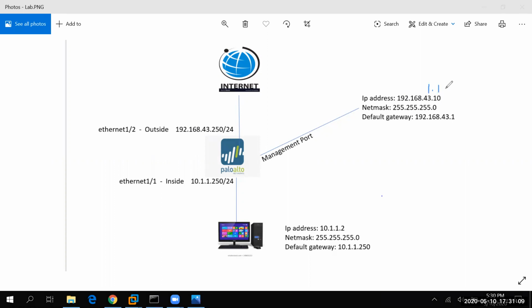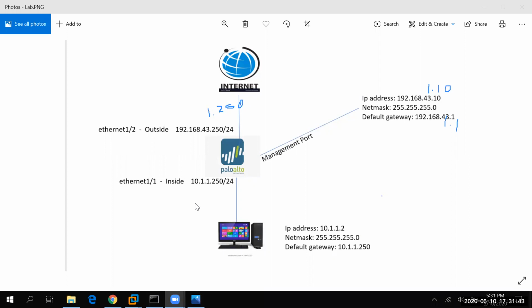You just remember, guys, that here we are using 1.1. Actually, this is the older ISP IP which I was getting from the older subnet. Here we are getting 1.250. This is the 250. And for the LAN segment we are using the subnet 10.1.1.0/24. Hope I'm clear.